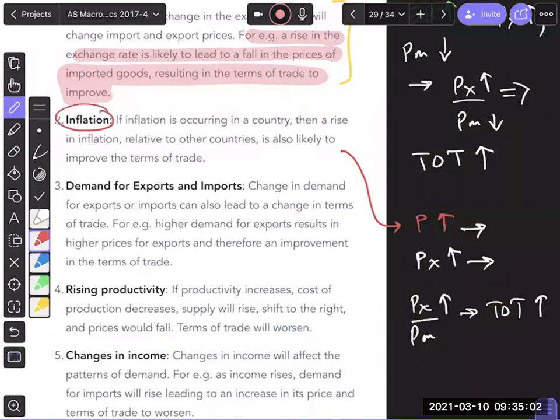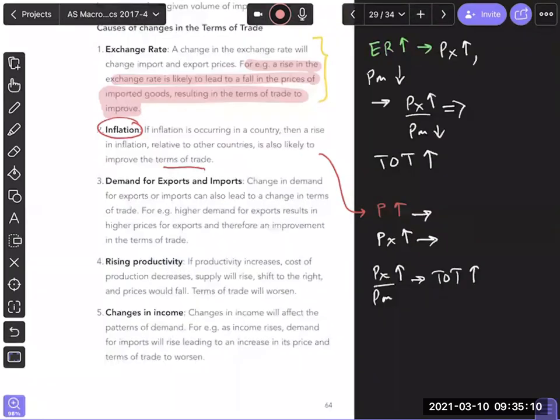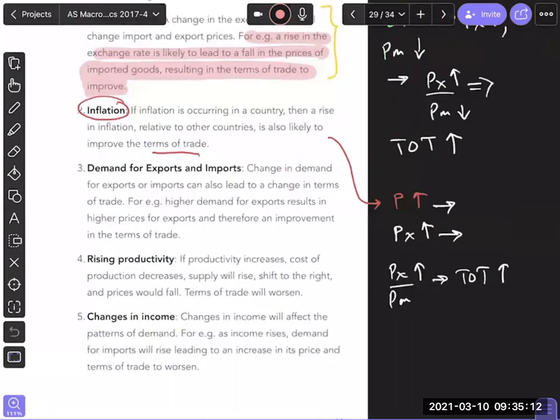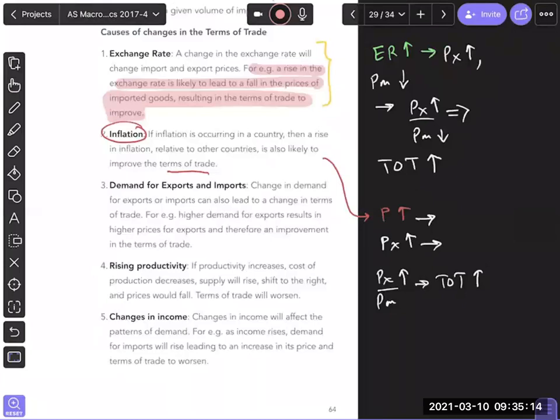So even with inflation, we know that the terms of trade is going to improve, but it's not necessarily, again, a good thing because normally inflation will make you less competitive. If inflation is happening, it's going to make you less competitive. Why? Because your goods are more expensive than other countries' goods. Got it? In what way is inflation good for the economy? Zamin, we said anything less than 5% will be desirable inflation because that's promoting competition in the economy.